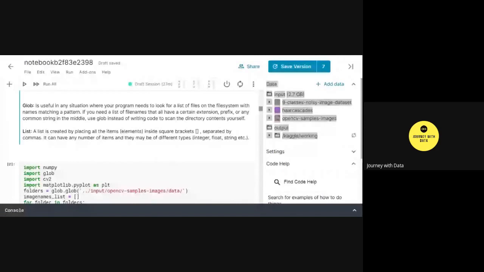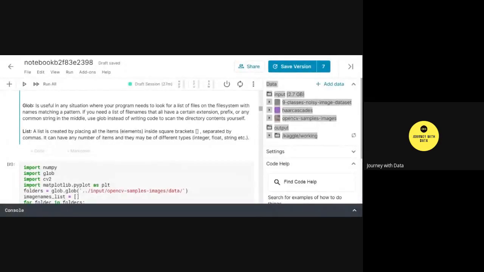So a list is nothing but a combination of elements of different data types. You can have integer, float, string, anything, any different data type. But the elements are kept inside the square brackets. So whenever you see square brackets in Python, just remember that that's a list, and it can contain different elements of different data types. For storage purposes, I am using a list here because I am reading multiple images and I want a variable and a data structure to store those multiple elements.